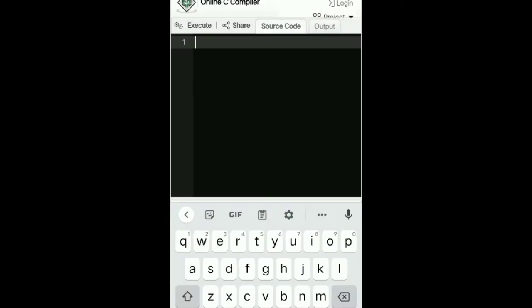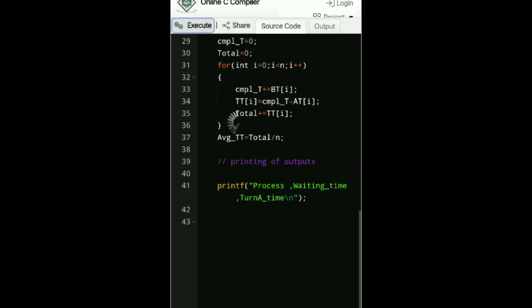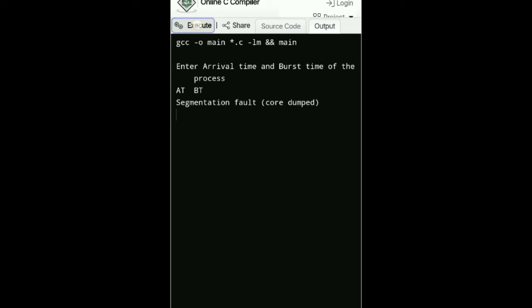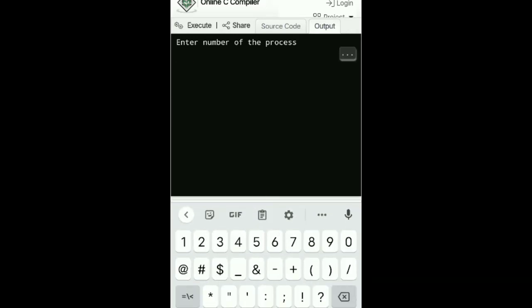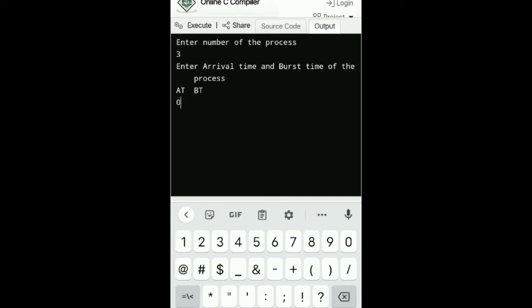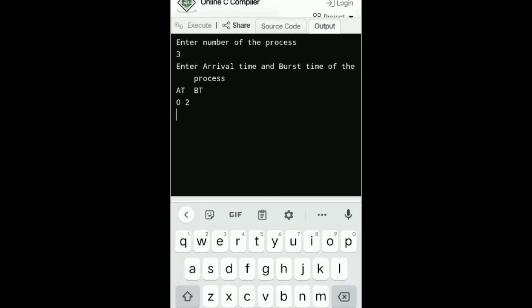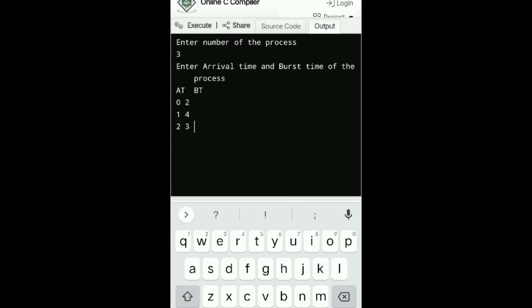So here I'm going to give one solution for FCFS, or first come first serve. In the first code, we will just use arrays. In this code, we simply declare some arrays for the arrival time, burst time, waiting time, and turnaround time. So first, we take an input from the user, which is the number of processes in the ready queue. Then after, we take the arrival time and burst time of all the processes one by one. After that, we calculate the waiting time and turnaround time of all the processes and store them in the arrays for waiting time and